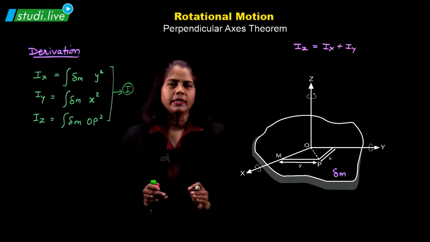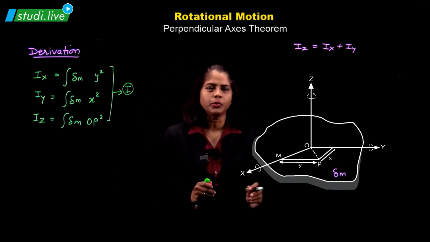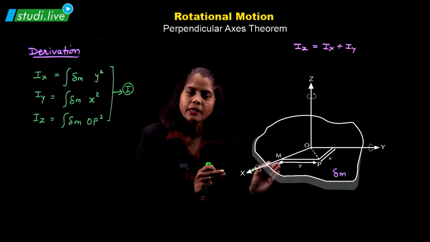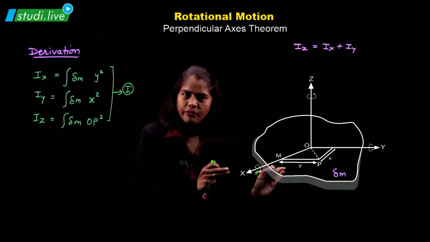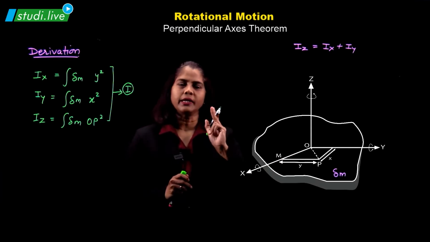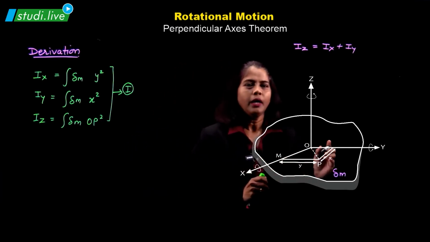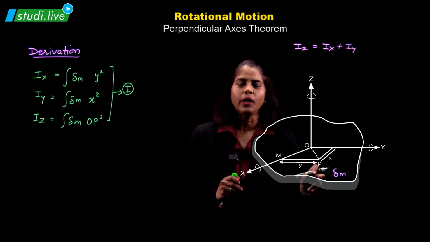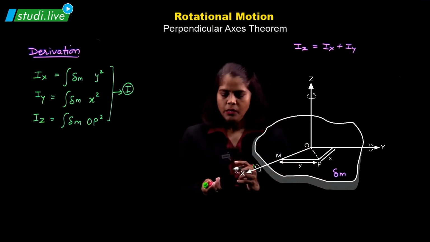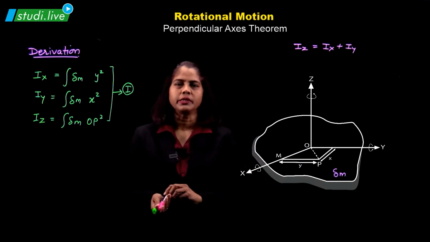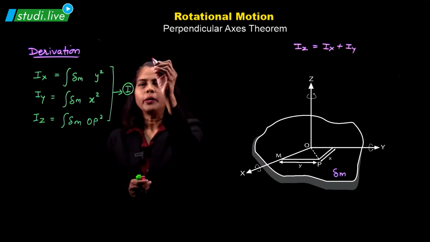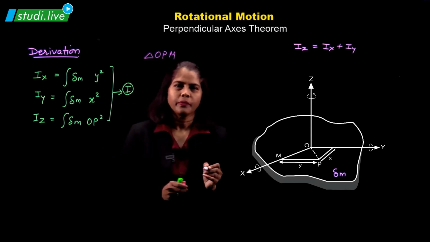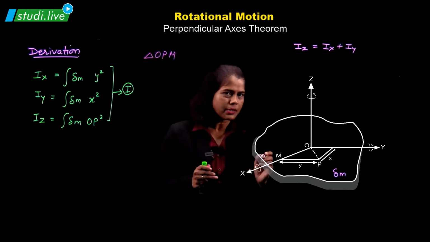Okay. Now after getting the definitions, what we have to do now is look into the diagram. We have drawn a right angle triangle here. So let us see, we have two right angle triangles. Now in this case, OPM, let us consider one right angle triangle. If you take the right angle triangle, students, here, it will be triangle OPM. We have to apply the Pythagoras theorem.